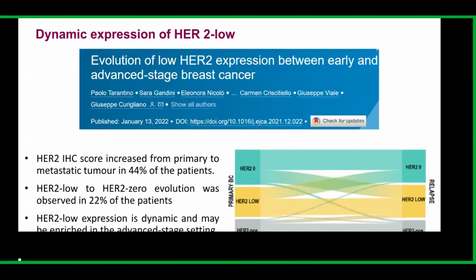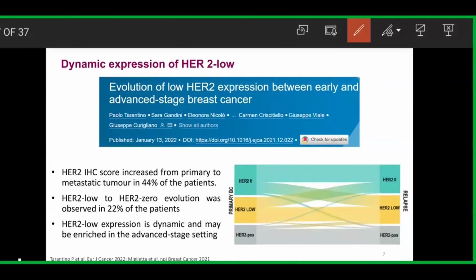So in this slide, you can clearly see the IHC score, the HER2 score will increase from primary to metastatic disease in 40% of the patients, and the HER2 low will become 0 in 20% of the cases. It's more common to have an increase in the intensity after the treatment, in the recurrent disease, compared to the positive becoming the negative. The disease which is HER2 0 may stay at the HER2 0 level itself, and HER2 positive